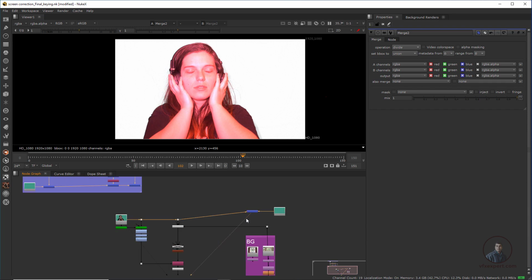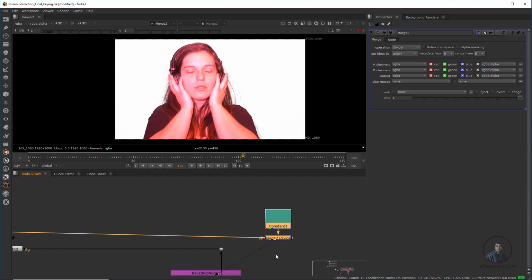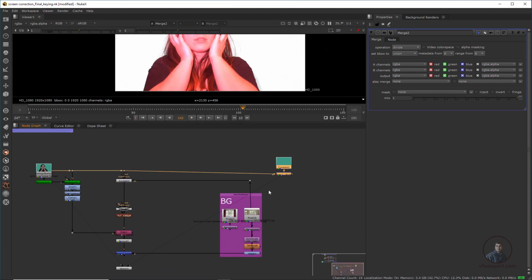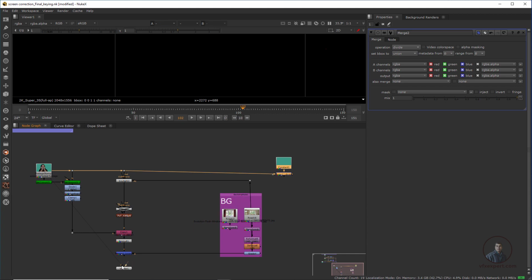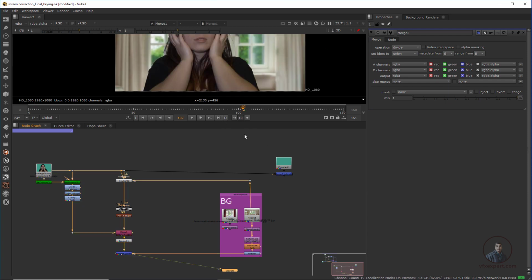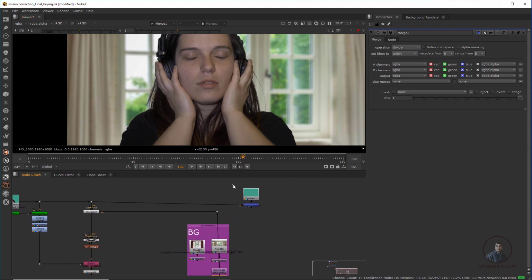Then whatever we are getting from here, we have to merge with our background. Come a little bit here, and you can see all these things. Now clear all these. This is our actual final compositing, if you see here, without restoring all the details. So now I am going to use this one. Place it a little bit here